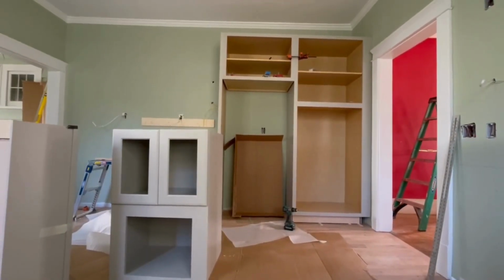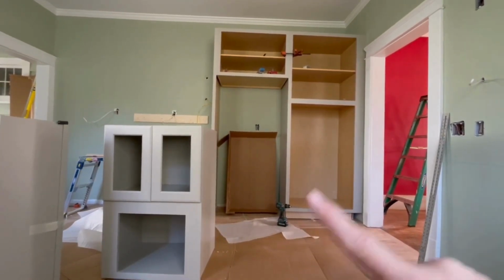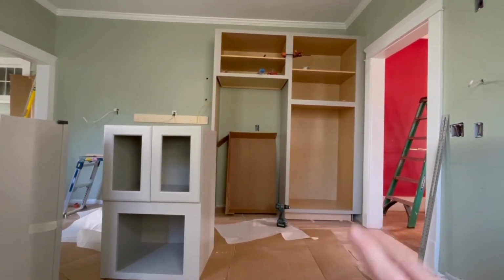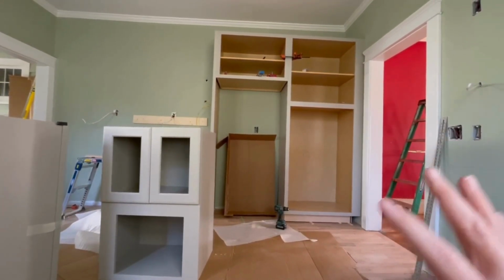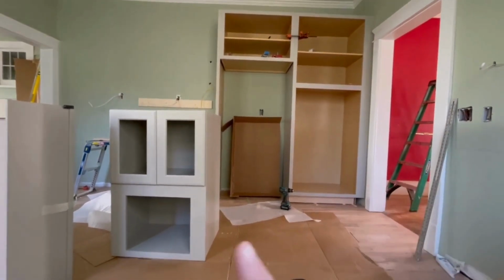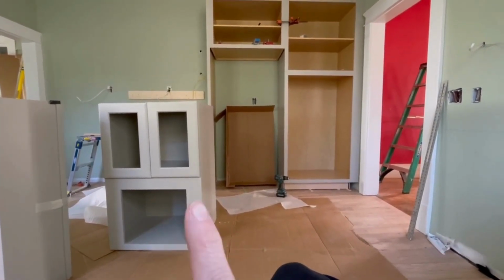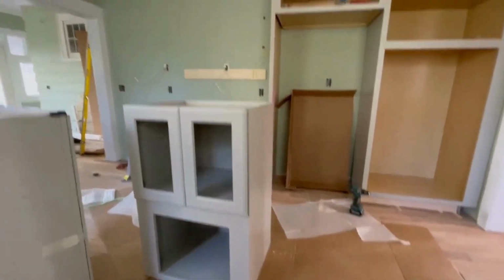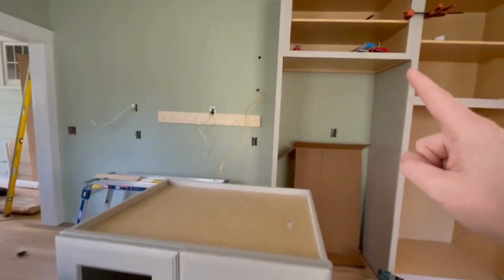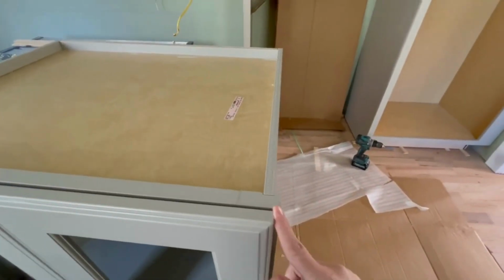So we finally got these two cabinets, the pantry cabinet and the fridge cabinet, or the components that make up a fridge cabinet. They are mounted, they are plumb, they are flush, they're everything we need. The next is this piece. That is actually a microwave cabinet on the bottom with glass doors on the top. And it is set back. It is not quite as deep as the fridge cabinet. So this will fall